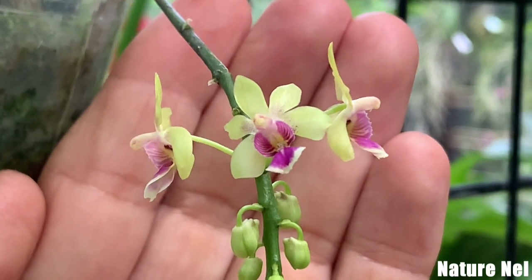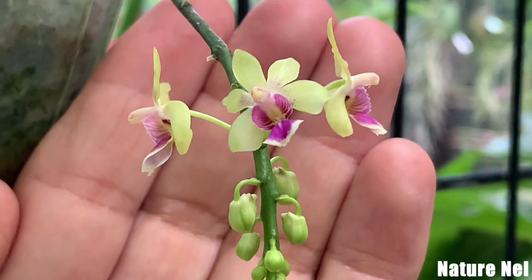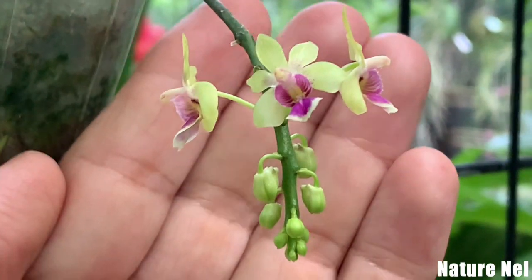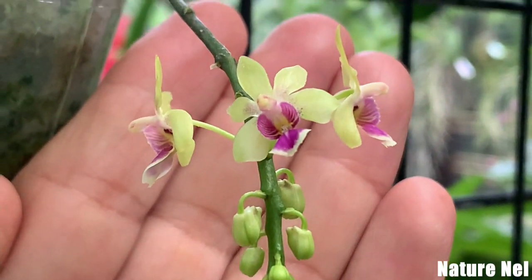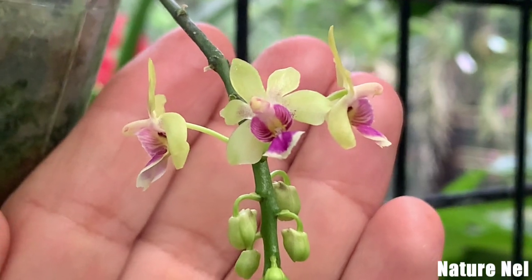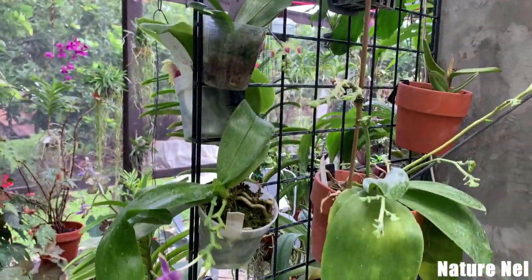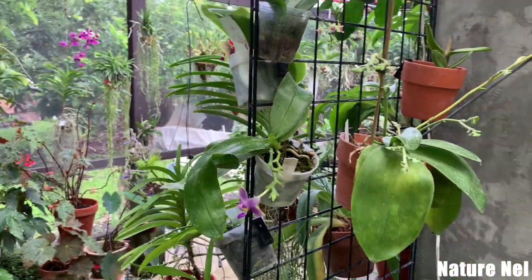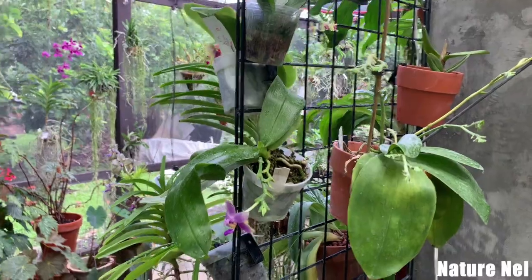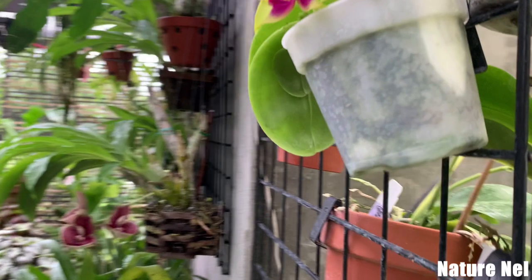This is a Phalaenopsis deliciosa, and it's one of the mini flowers from the species kingdom of the Phalaenopsis. I got this at Brethren's, and it just caught my eye because it was the only one of this size. Everything else was more like this. I felt like, I don't have this in my collection. I need to get something tiny like this. So I ended up taking it. It only cost me $25. I thought it was a great price for it. And here's my other